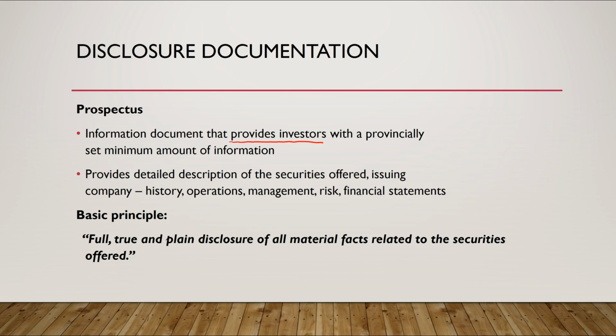And so, what details do we have in here? The history of the firm, the operations of the firm, the management of the firm, the financial and risk statements of the firm. All these different things are going to be outlined in the prospectus in great detail. Usually we see prospectuses anywhere between 200 all the way to 500 pages long, right? These documents are really lengthy in detail about pretty much anything that you need to know about the company in order for you to make some sort of informed decision.